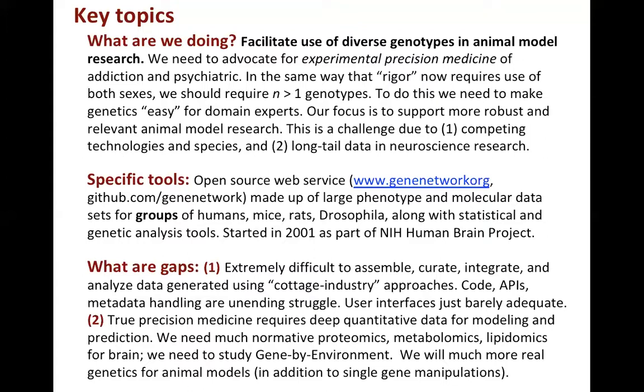So how do we do that? How do we add rigor and enable more confident generalization from mouse, rat to human? So we're trying to do that. That's goal number one, sort of the general goal. The specific goal is to actually implement this in a way that is useful today. And that's what I'll show you. I'll show you genenetwork.org.